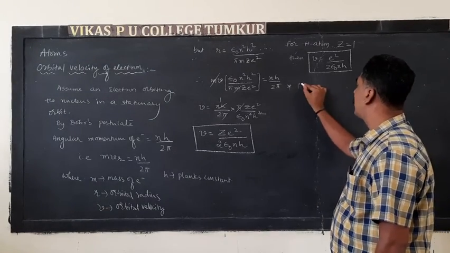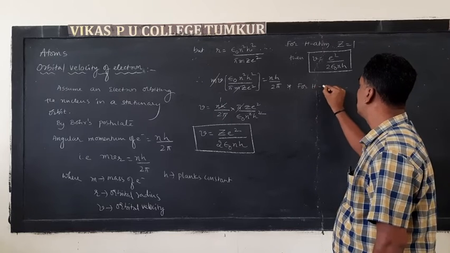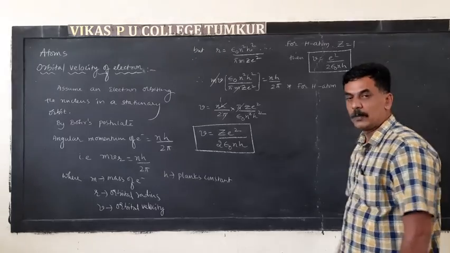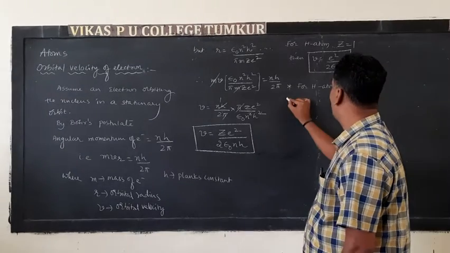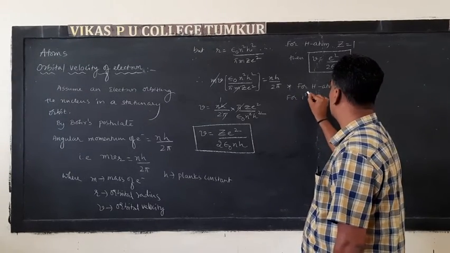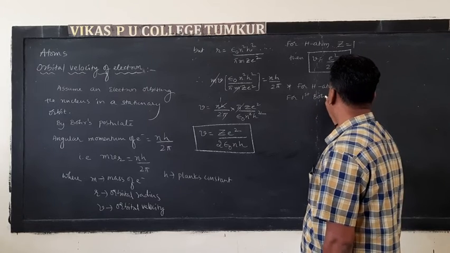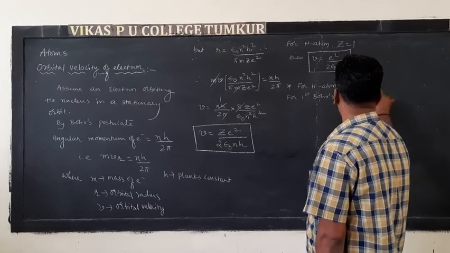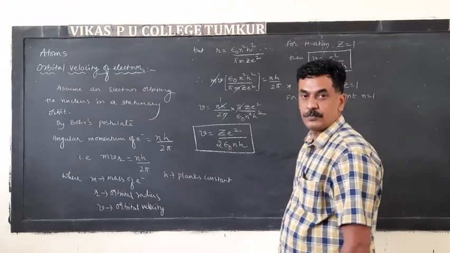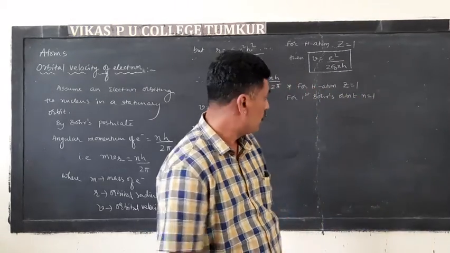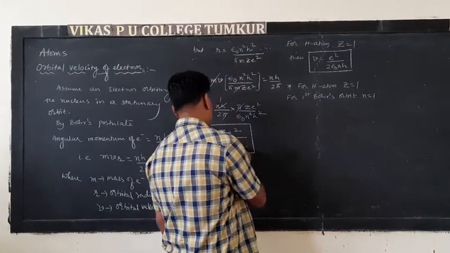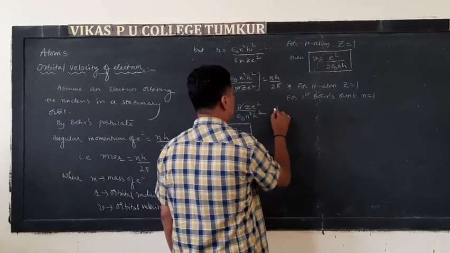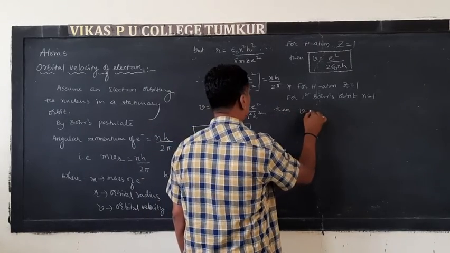So you know, for hydrogen atom, you should take Z as 1 because its atomic number is 1. For first Bohr's orbit, the principal quantum number n is 1. So if I substitute z and n both as 1 in this expression, then what I get is v